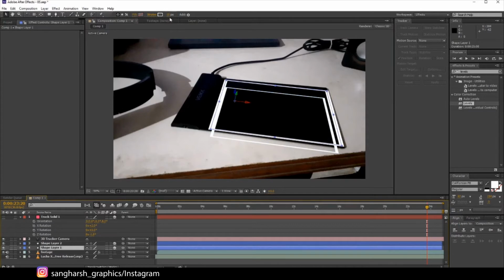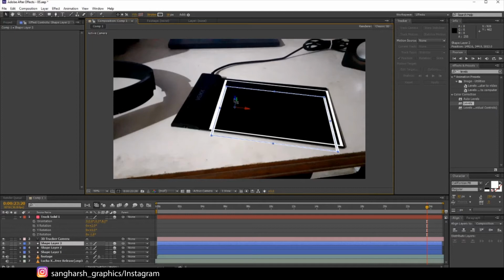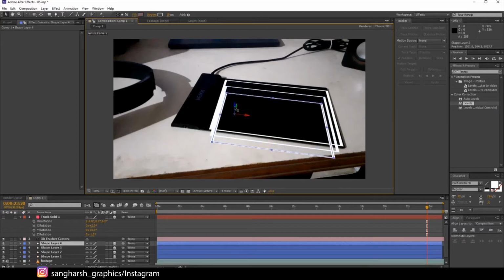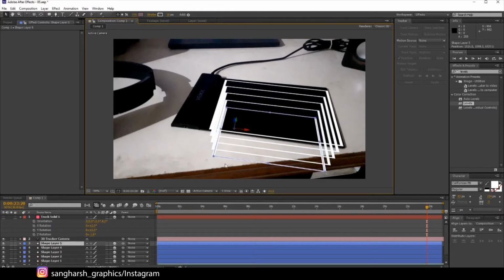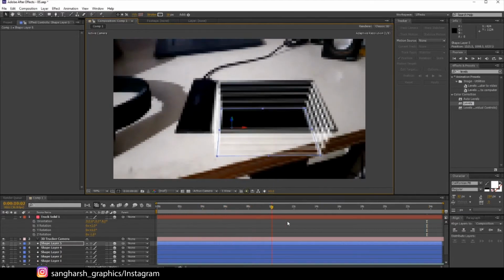Same for this one also, decrease its stroke to 10. Let's just select this one again, drag it a little bit upward, again press Ctrl D, drag that layer a little bit down, again Ctrl D, just a little bit more down, again Ctrl D, little bit more down, and now you can see all of these layers are tracked like this, like a depth.